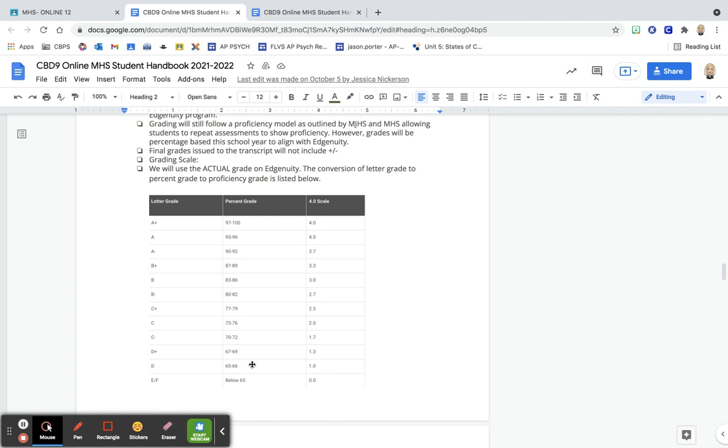So please feel free to reach out to any of us here at Marshfield High School if you continue to have questions. But I hope this clears up any confusion or exposes you to how proficiency-based grading works